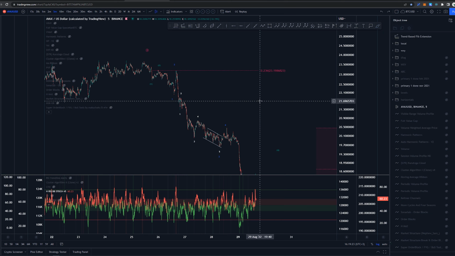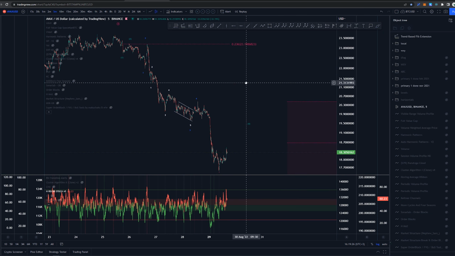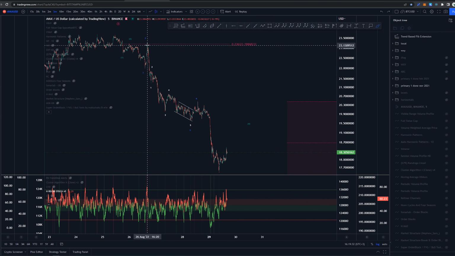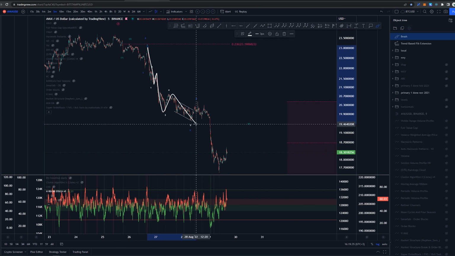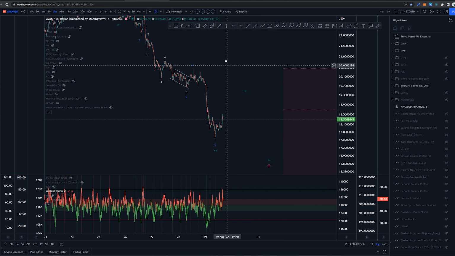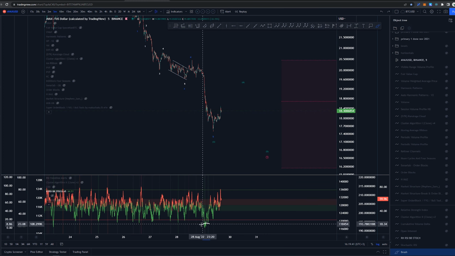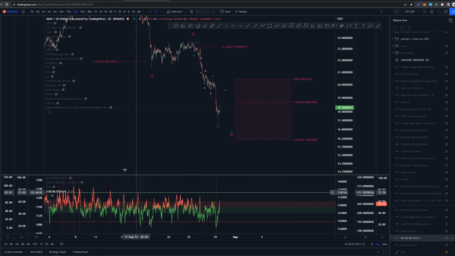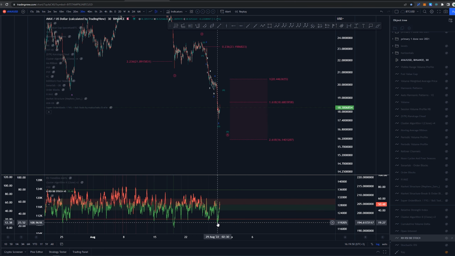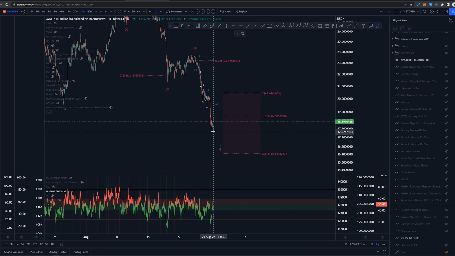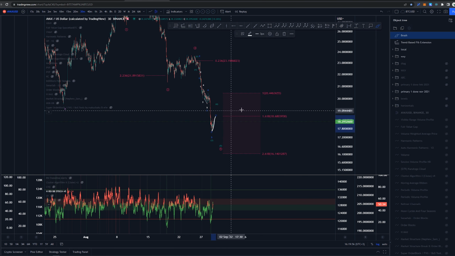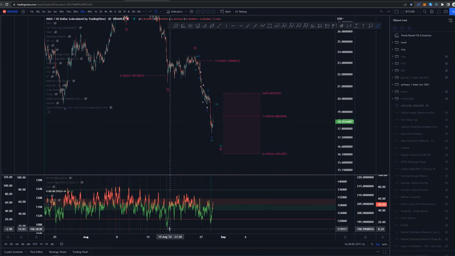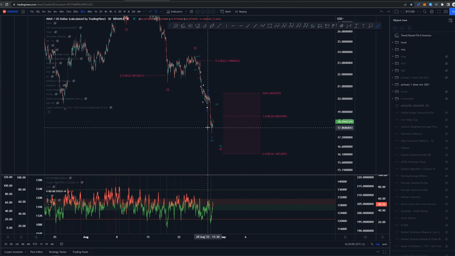If we are looking closer on this last leg, I've labeled this as a 1, 2, 1, 2 because we are running out of structures here that I could be keeping track of. Before, I did not have this as a 1, 2. I had this as the first 1, 2. And then this would be 1, 2, 3, 4, 5 into the third, fourth, and then fifth. Now, however, because we had a very low RSI reading here, even on higher time frames, I have to acknowledge that it is on higher time the second lowest RSI peak, which generally means that it is the third or fifth. So we would be looking for a small pullback here, and then the last leg downwards for this fifth, getting the divergence between this third and fifth on higher time frame and this third and fifth here.